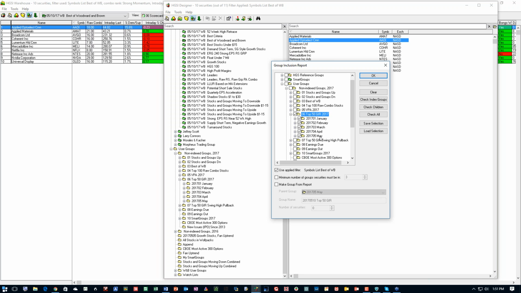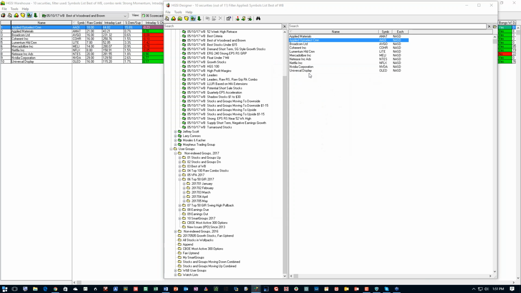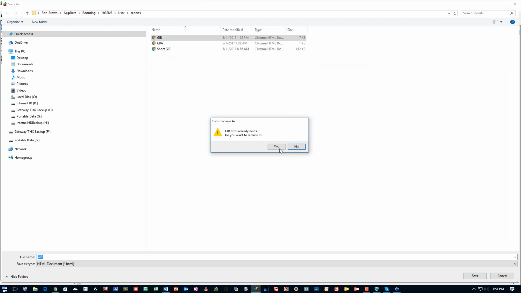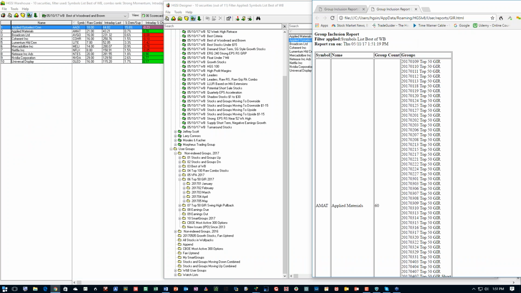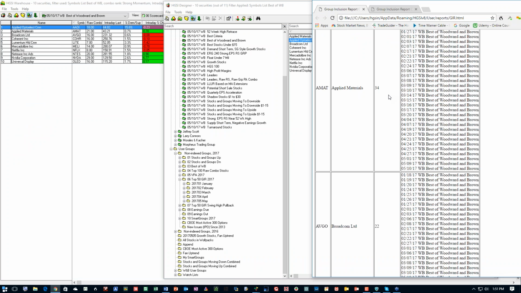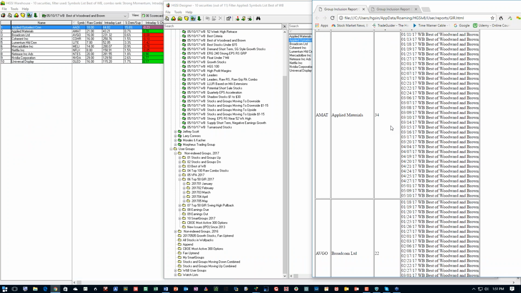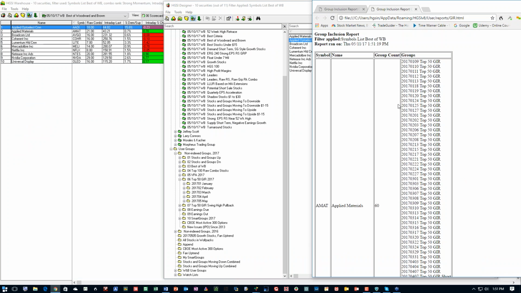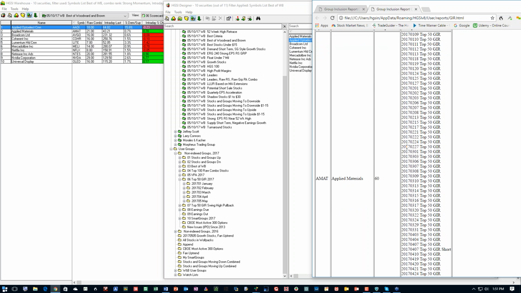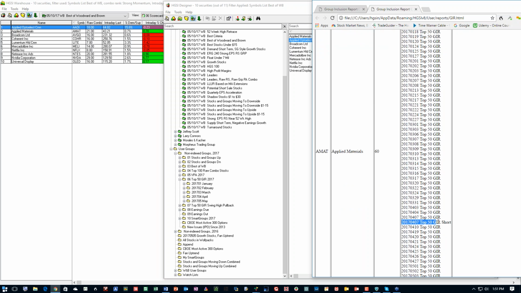So this will be through this morning, and I'm going to check the children, which means that everything is selected. And let's go ahead and run this. I'll just overwrite my current group inclusion report, which I always do. Now, let's compare the numbers on AMAT in the Best of Woodward and Brown. It was there many times at 34. That's a big number since the first of the year, but look how many times it appeared in the top 50. One of those was a short when it was weak. I'm doing both longs and shorts now, but everything else, so it appeared 59 times on the long side,